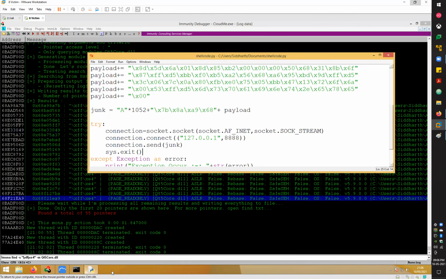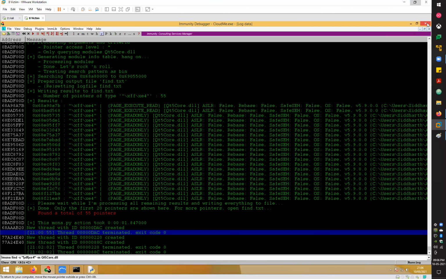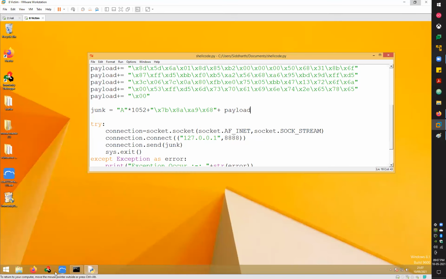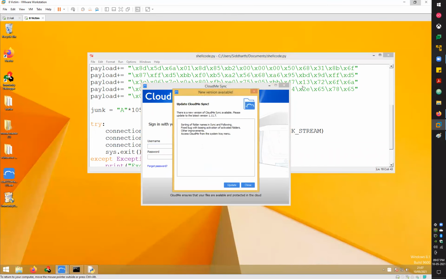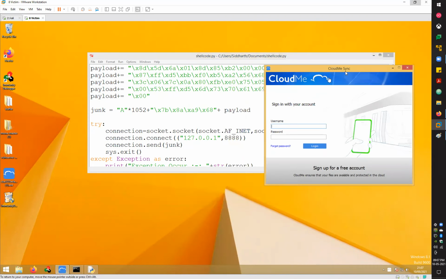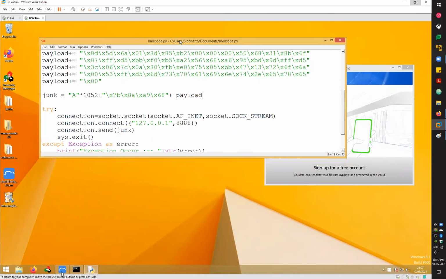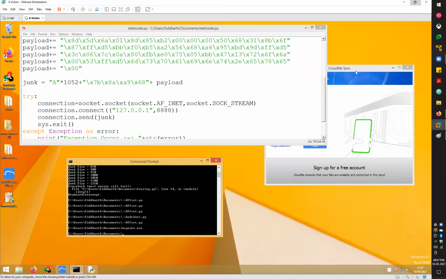Now, when you are executing this shell code, you don't need any debugger. When you are sending your payload, you don't need any debugger, right? So just close that debugger. We don't need it anymore. Just execute your application, just open your software here and execute that Python script, right? For execution again, you can just go with the command like ./shellcode.py. And if my code works fine, it will simply flood my application, flood the ESP, flood the base pointer,